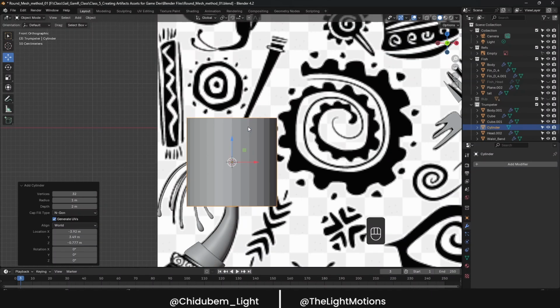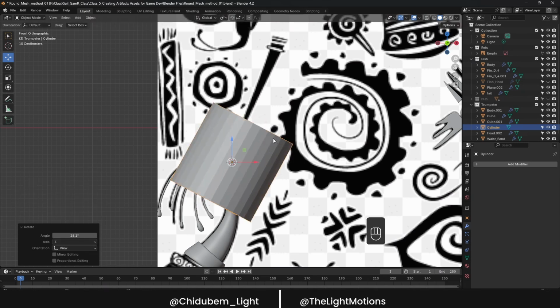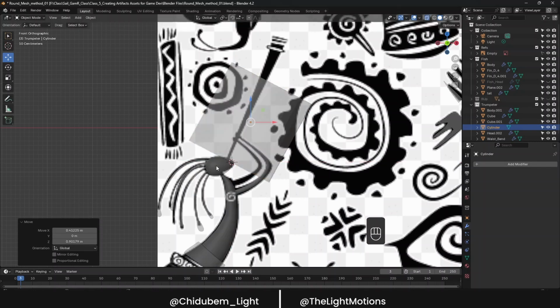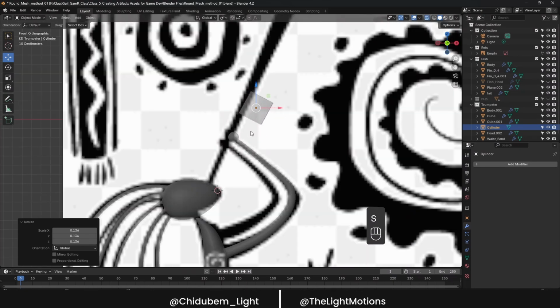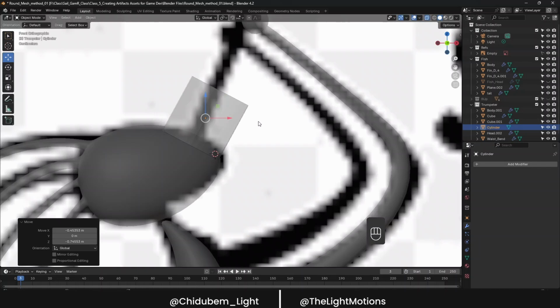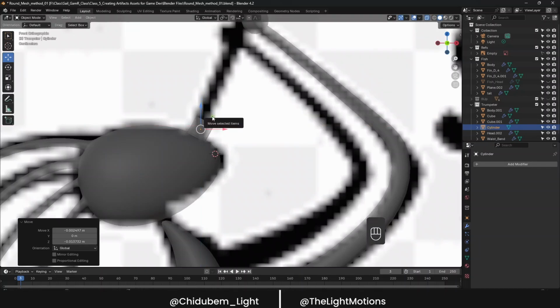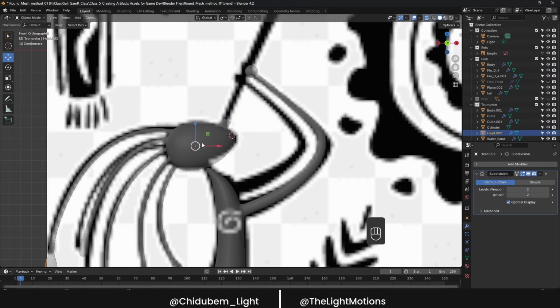Then R to rotate, to block the shape this way. Then toggle X-ray mode, deselect, S, scale down to get our shape to something like this. S to scale down the more to get the shape, S again to scale down. So for the head, to a large extent, okay, now that we are done with this,